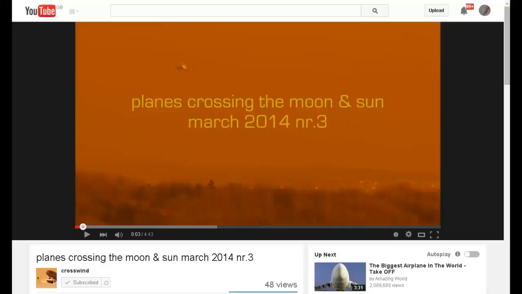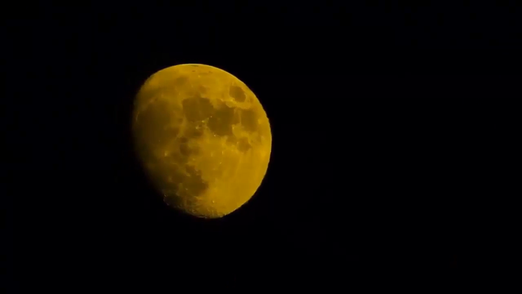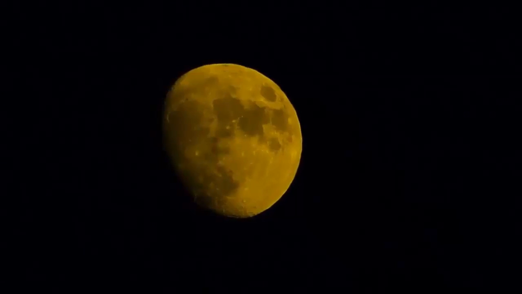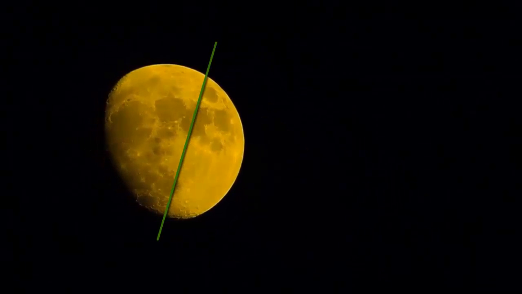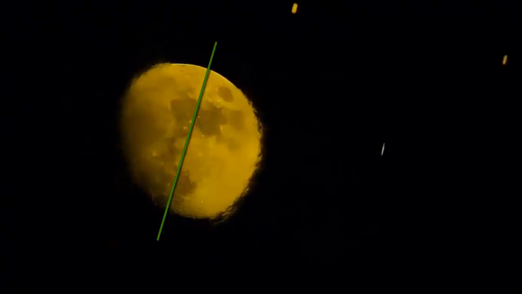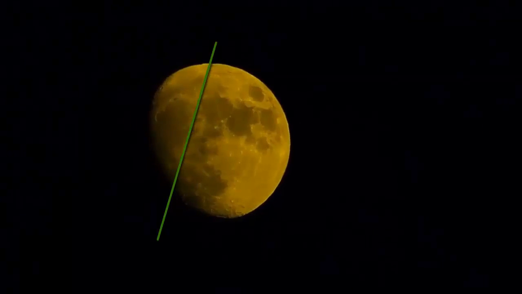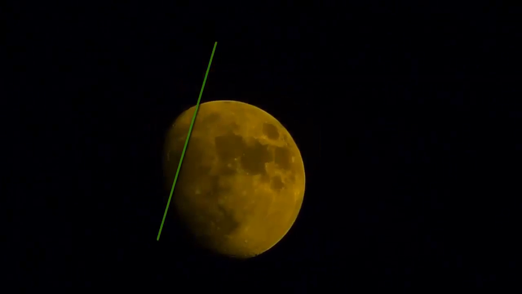Okay, so let's now take a closer look at these clips. Here is the best clip again, and you can clearly see that what appears to be a lunar wave moves into view from the left hand side and crosses the moon to the right hand side after the plane has crossed. This time I have applied a line to show the direction and angle of the aircraft as it passes, so that we can compare it to the lunar wave as it passes from left to right. As we can see, it's the same.